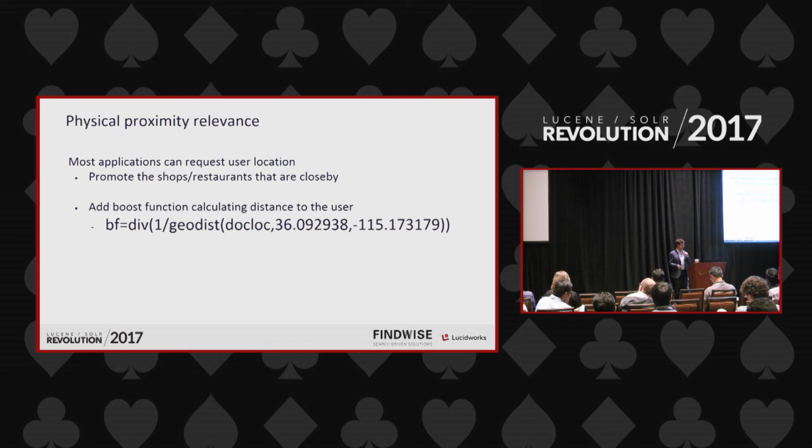Then we have, when searching for information that might have some location, we can use that information to somehow sort stuff. And the typical case is when we have our restaurant repository or a list of shops. So maybe on our site, beside our catalog of products, we have a search for all our physical shops. We want the user to be able to search for stuff, but obviously we are going to want to recommend the things that are close to him. So we are going to actually have some kind of decay penalizing the shops that are far from the user. And obviously we are going to compensate that with the query of the user.